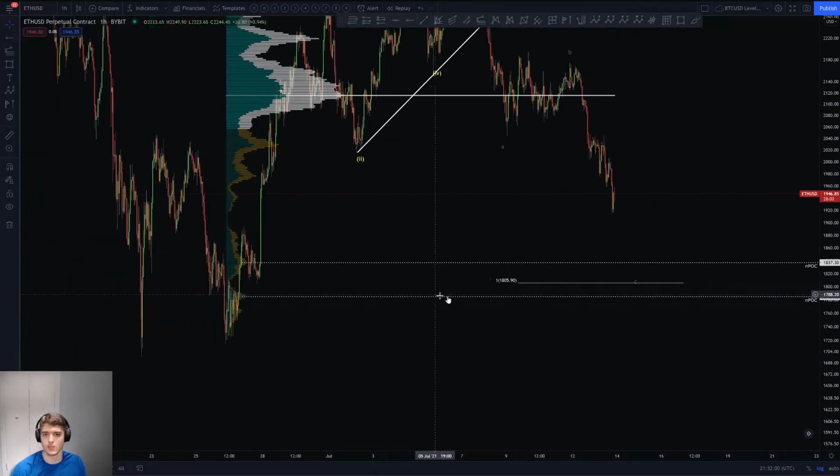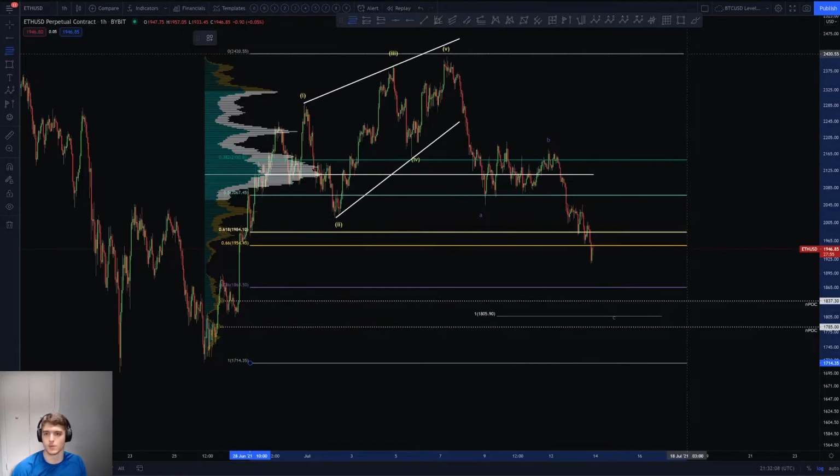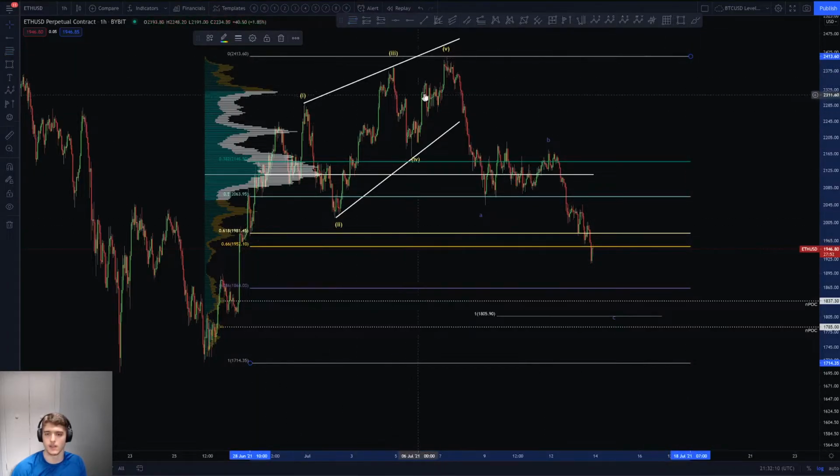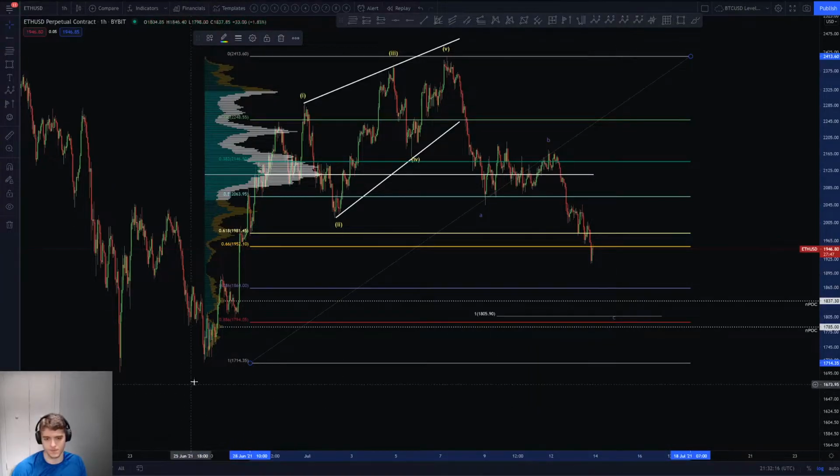We can see if it aligns with any Fibonacci retracement levels by pulling a Fibonacci retracement tool from the beginning to the end of the whole diagonal. And let's see. So nothing that stands out too much, I guess. I mean, you do have an 886 down here at this volume node right here, around 1790 or so. But regardless, if Ethereum does make its way down here, I'm expecting it to bounce here